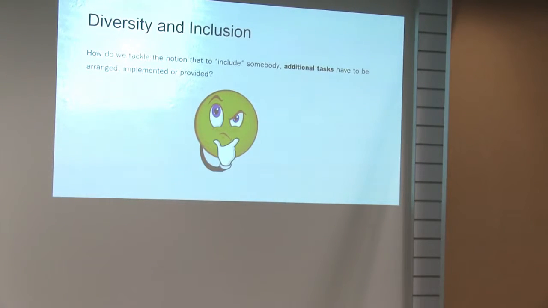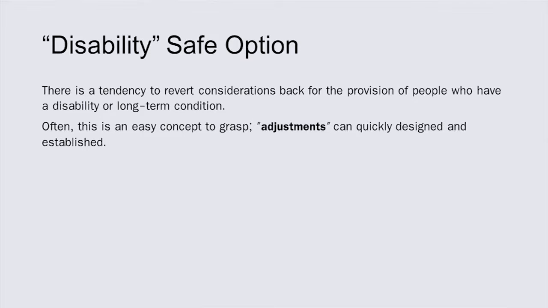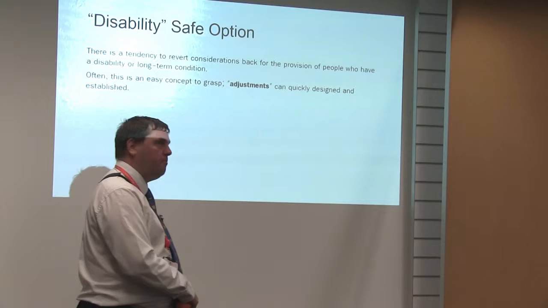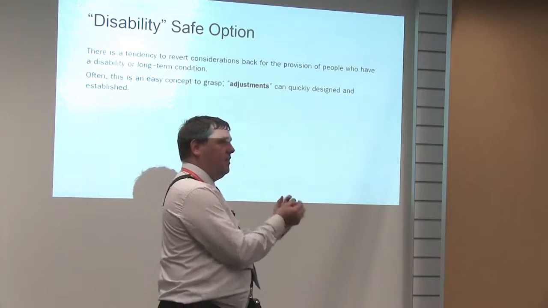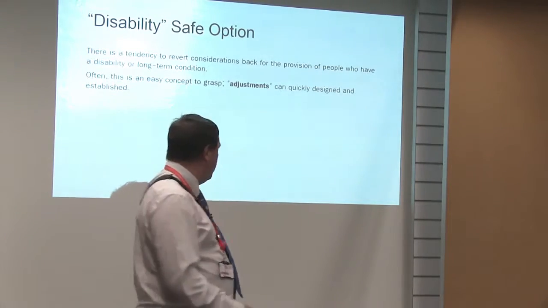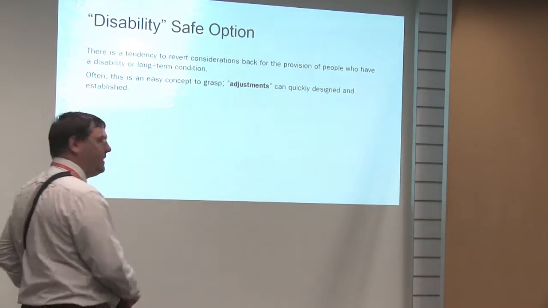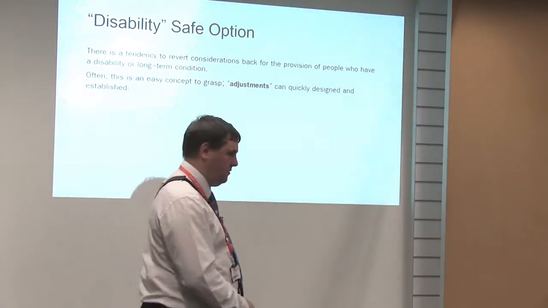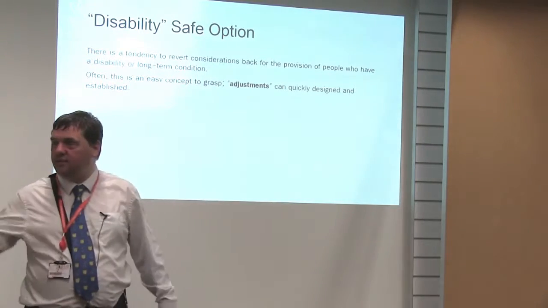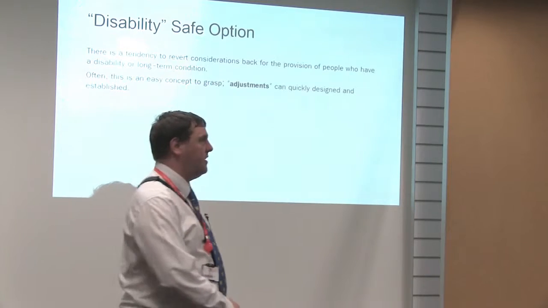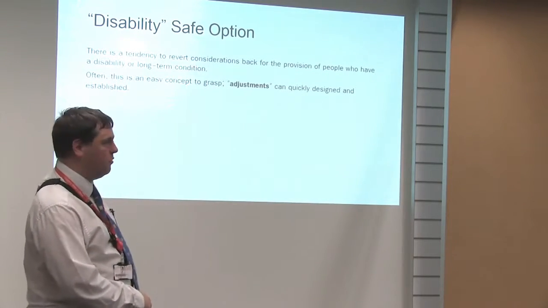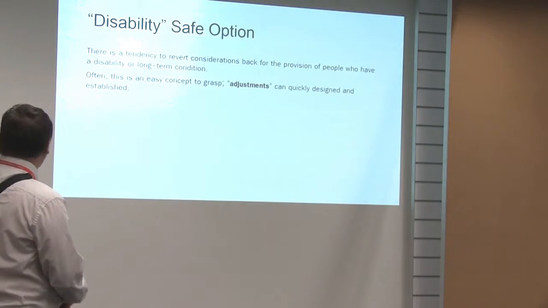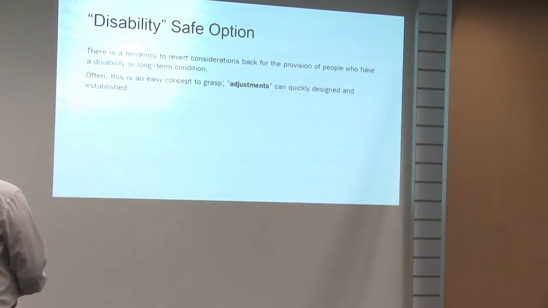And again, we'll go to the next one. All right, there's always a tendency to go back to disability because it's an easy fix, isn't it? We think, okay, that person's got this additional need, we'll put that in place, that's the fix. You know, accessibility for websites, accessible Word, things like this. It's easy enough to grasp, but we're missing the bigger picture. And I think the bigger picture,